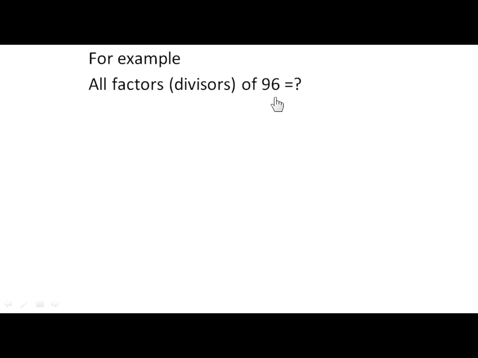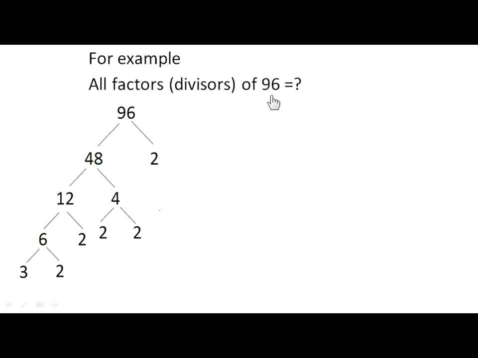Suppose we want to find out the factors of the number 96, all factors of the number 96. So we will first find the prime factorization of the number 96, and there are various ways to find the prime factorization of the number 96. One way is